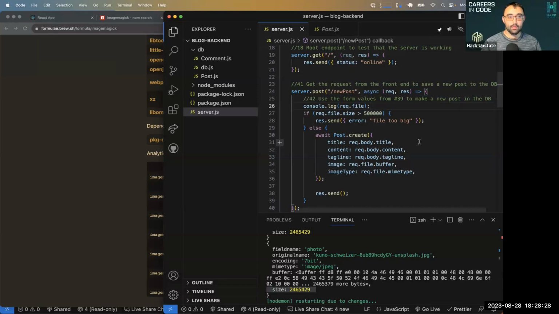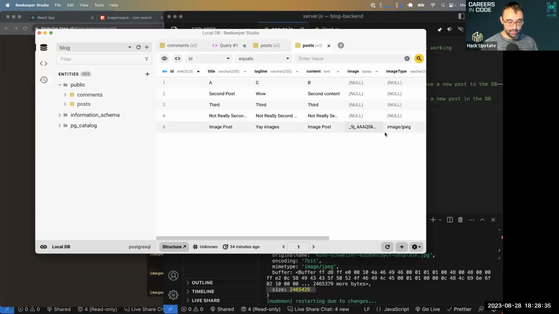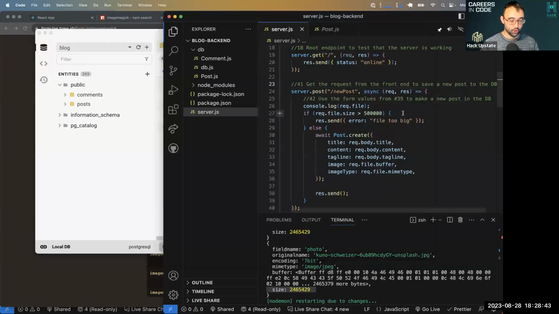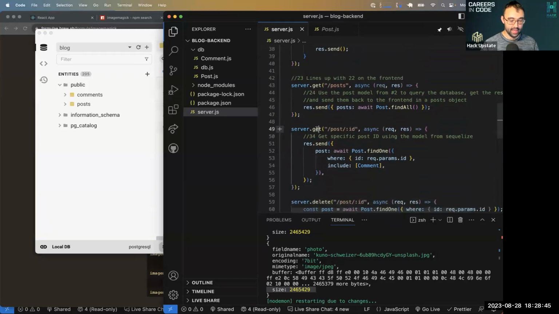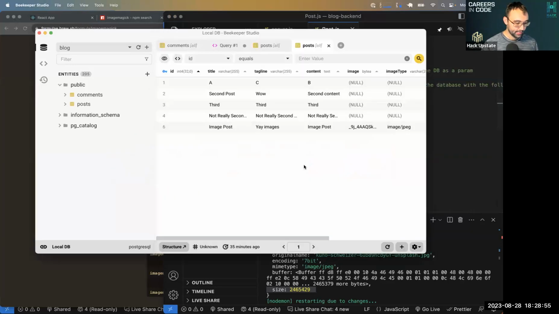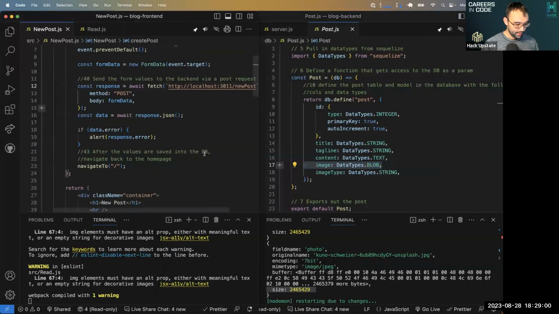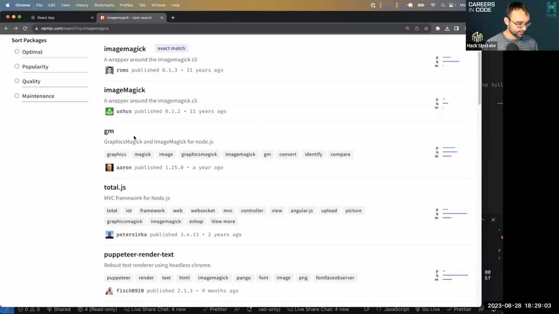Okay. Let's do a quick review of what happens when we get this into our database. Our database is storing the huge blob of information, and it's storing the image type as the JPEG. We don't have to modify anything in our get post, because our post model already knows it's sending back a blob of information. The problem is when we get that blob in the browser and we look at it in our console,